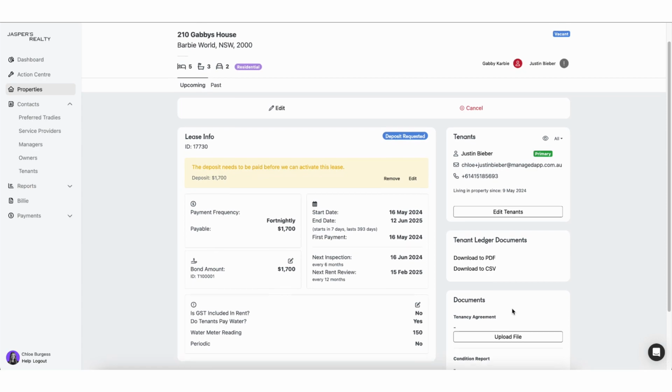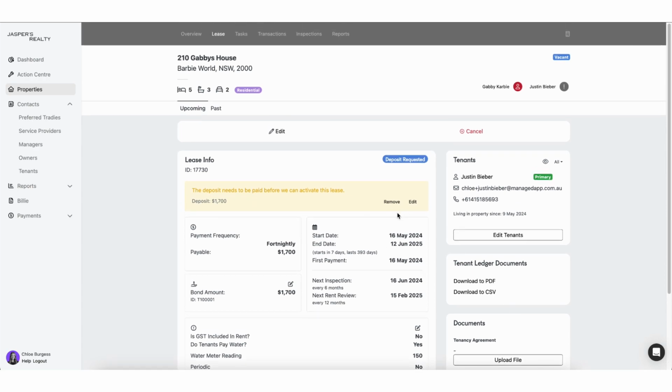Once you have sent that deposit request information, that's going to send the tenants an email. The next step would be to invite the tenant. To invite the tenant into the system, all you need to do is click their profile button in the top right-hand corner. As you can see right now, there is an